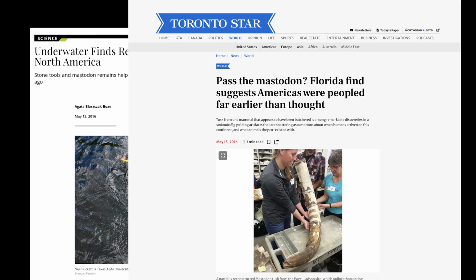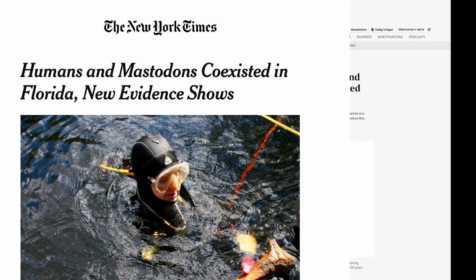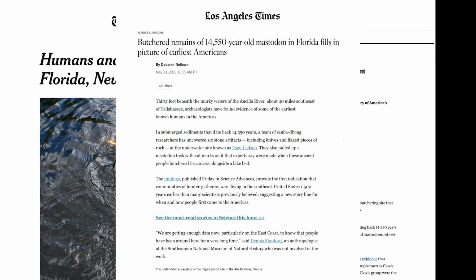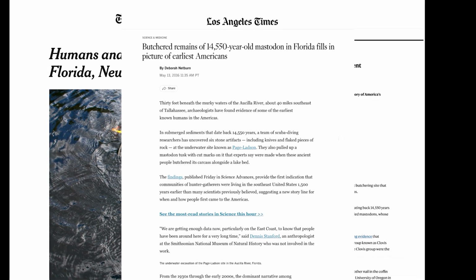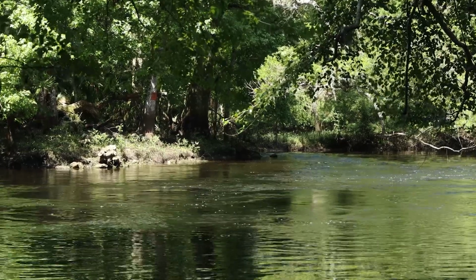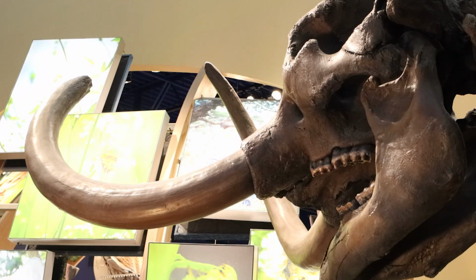We got interviewed by the New York Times and the Chicago Tribune and these really old school fancy papers, and there was an article in National Geographic, and it was really exciting because it got people really excited about archaeology and what the possibilities were, and it made people who didn't ever think about what was going on at the end of the last ice age in the Americas all of a sudden have a chance to encounter, hey, there were people here 14,000 years ago? It sparks the imagination. Humans coexisted with mammoths and mastodons for 1,000 years at least. And, over generations, they would watch Florida transform